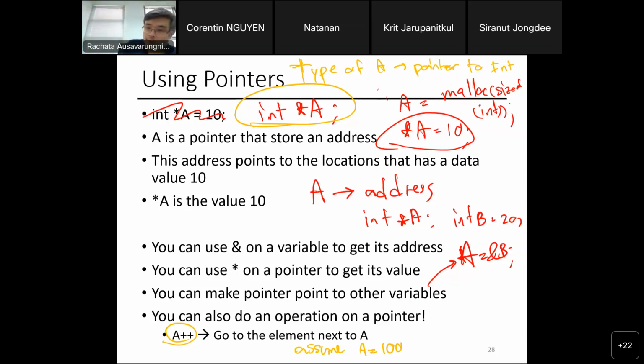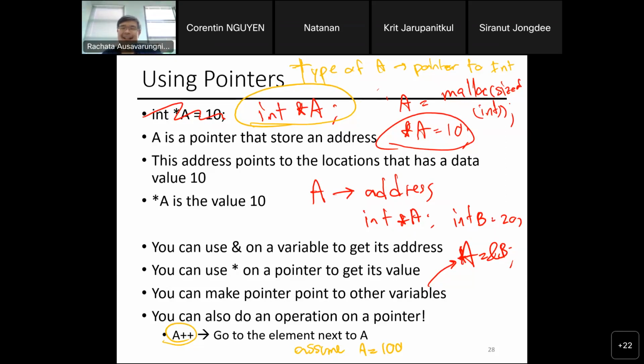Will 101 get me to the next integer, or will I still be stuck at the same integer with 101? Because the address is in bytes, right? So 101 is byte 101 in your DRAM.